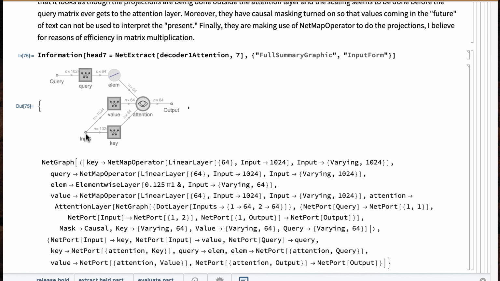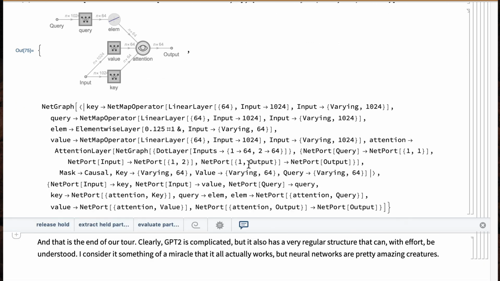And here we have the input going into a transformation for the key, a transformation for the value, both of those feeding into the attention layer. And I think what I mentioned, and if I didn't, I'll say it now, is that under the Wolfram implementation, they're not doing quite as much work inside the attention layer and letting you do things like projection outside of the attention layer. But if you look at this whole thing as a block, it really is exactly what I described as an attention layer. And if you ever wanted to write one yourself, here's the code.